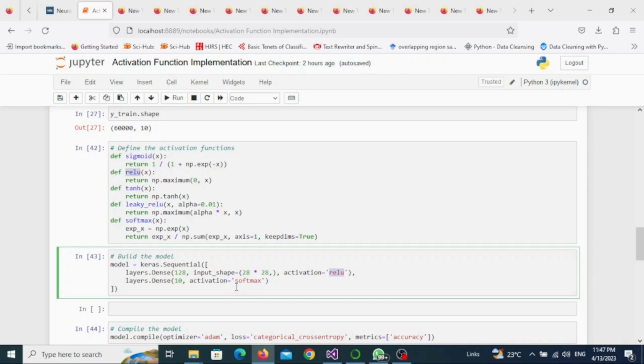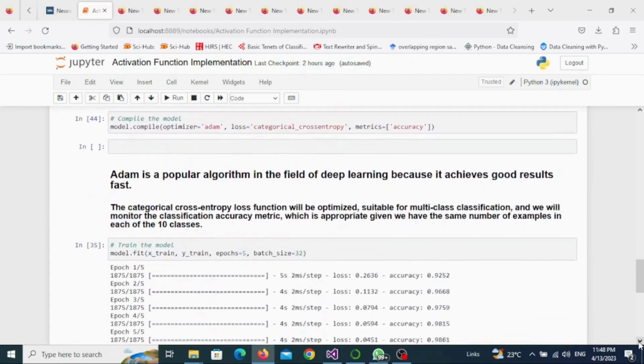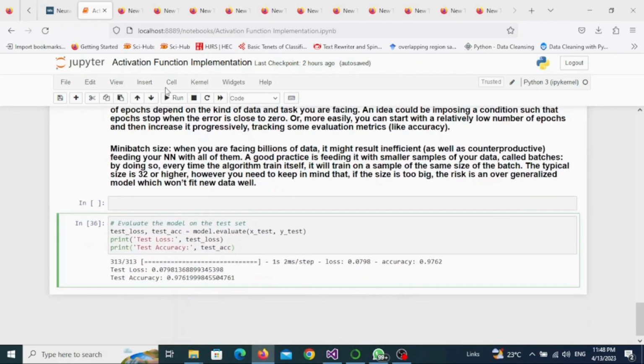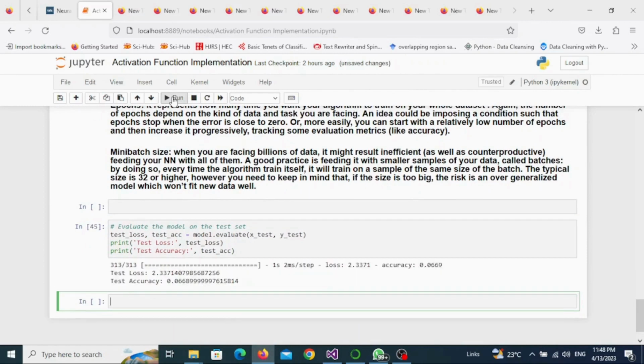Similarly, for the output layer we use the softmax. From here the softmax function will be called by supplying these parameters. After the backend calculations, this function will return the proper classification, whether an image belongs to class 0, 1, or up to n. So this is basically a very simple model, and if you look at the accuracy, it gave us an accuracy of